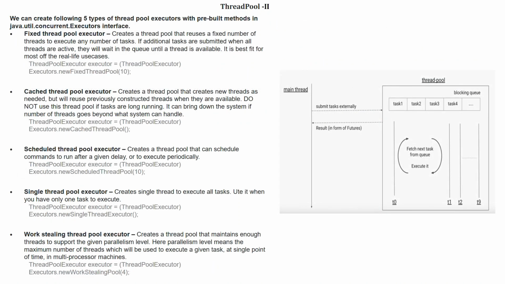Thread pool 1. We can create the following 5 types of thread pool executors with pre-built methods in the java.util.concurrent.Executors interface. Fixed thread pool executor creates a thread pool that reuses a fixed number of threads to execute any number of tasks. If additional tasks are submitted when all threads are active, they will wait in the queue until a thread is available. It is the best fit for most real-life use cases. ThreadPoolExecutor executor = Executors.newFixedThreadPool(10);